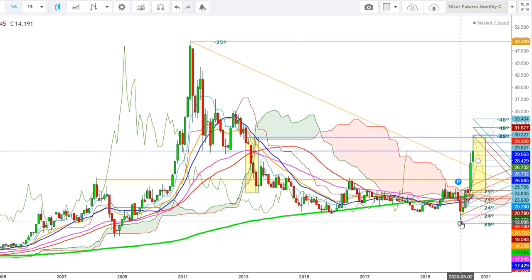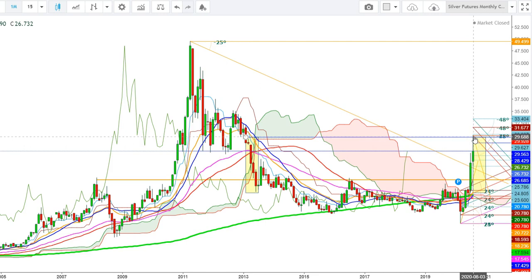So here you can see that the silver futures witnessed a sharp bouncing move from these lows and continued an uptrend and tested the highs of $29.29 during the month of August 2020. So friends, this is a monthly chart. So here you can see how sharp this rally was during the month of August.